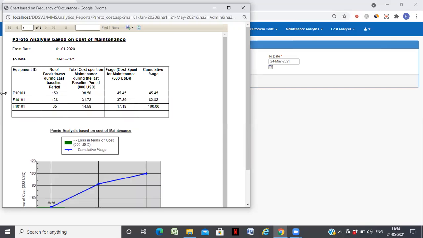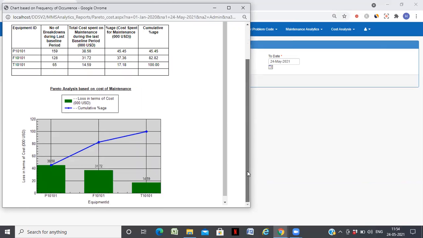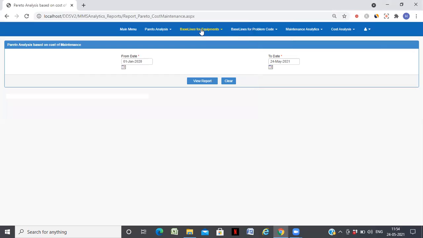Right, so you can see the number of breakdowns, total cost, percentage of cost, cumulative percentage. So it will give you a complete picture of the cost analysis.